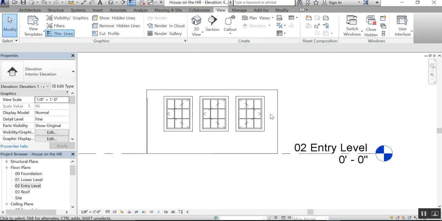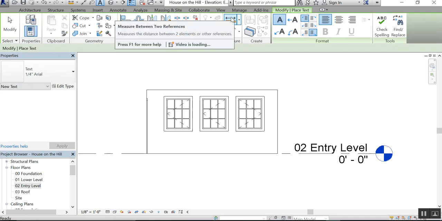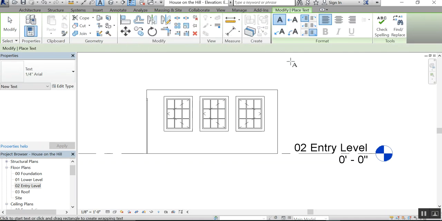Maybe we need to let the contractor know that these windows' sill height is 3 feet above the finished floor. So I'm going to put in a little piece of text here. I'm going to go up to these commands at the top of the screen, and I'm going to go here to annotate. Remember, text is a form of annotation. Under annotate, go over here to text, click on text, and it's really easy to put in text with a